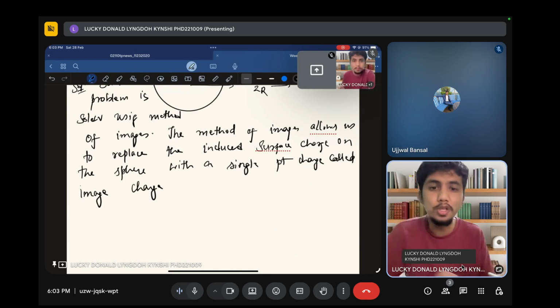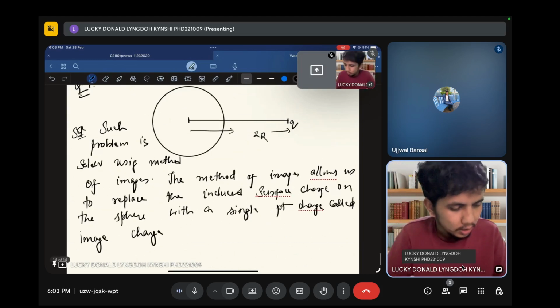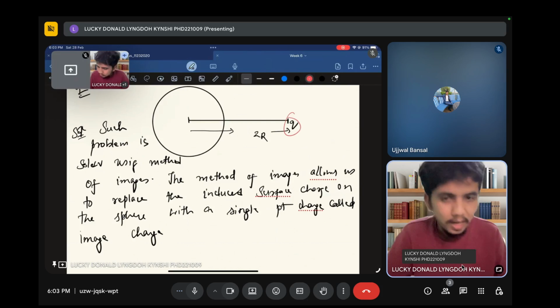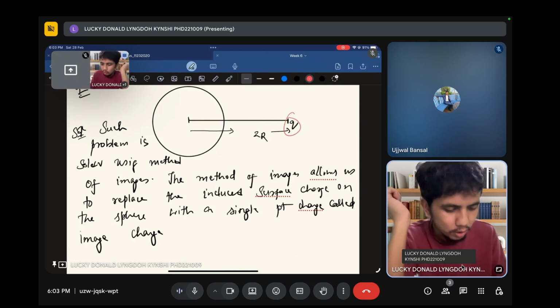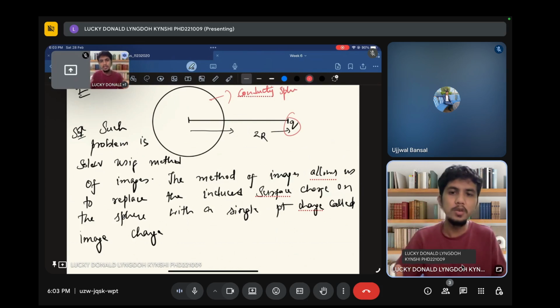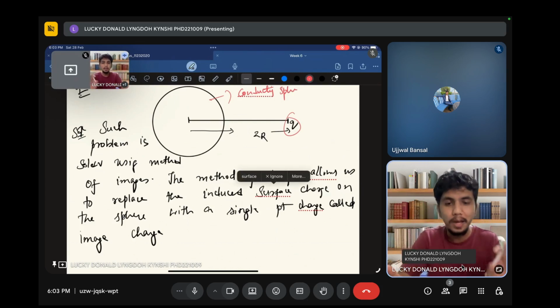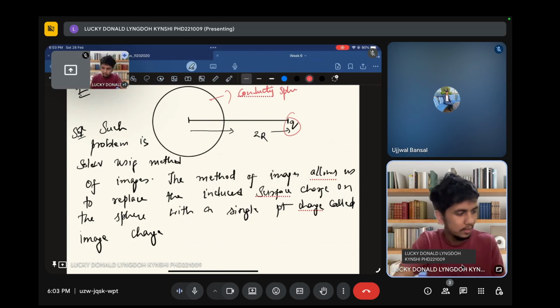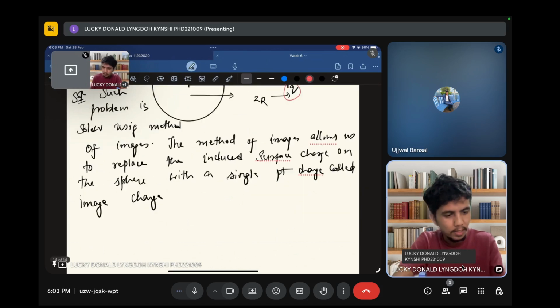You understand? That means suppose you have a point charge plus q, and you want to calculate the induced charges on the surface of the sphere, this conducting sphere. Instead of finding the total induced charge, just simply replace it by a charge called the image charge, such that